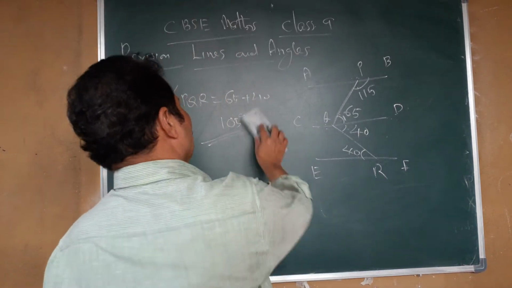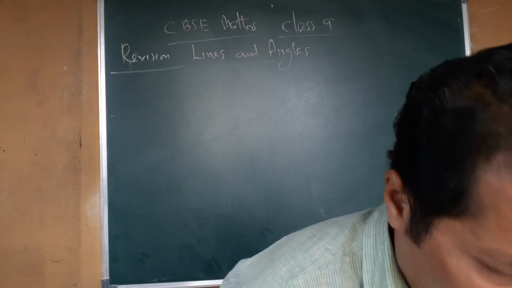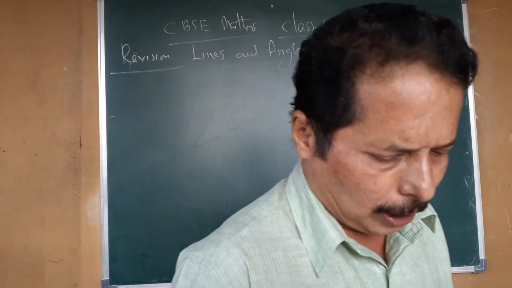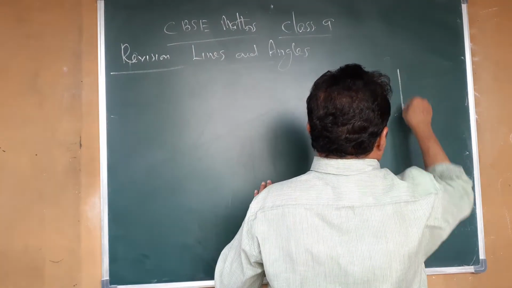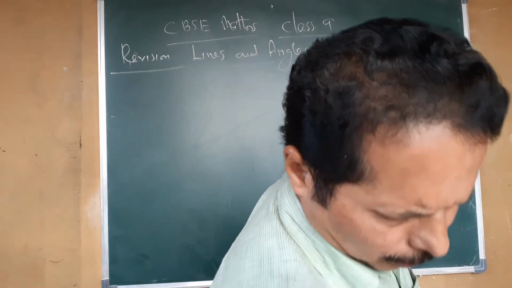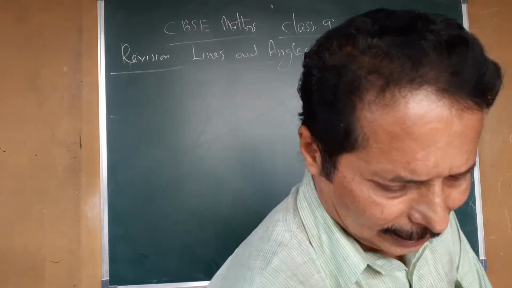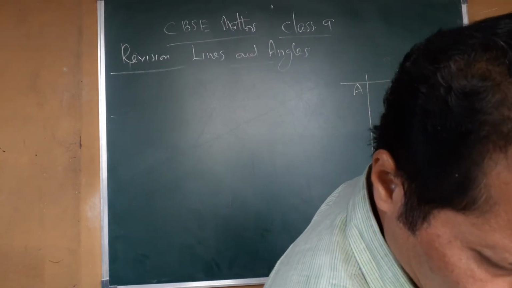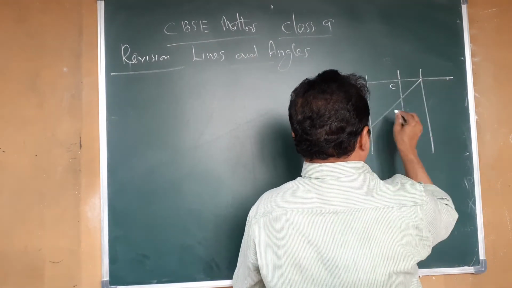Is it clear? Okay. Next, it's an example in question number 103. There are three parallel lines given, and a line which is perpendicular. Look here, A, C and E. The point is E. And here is a line B, D and E.